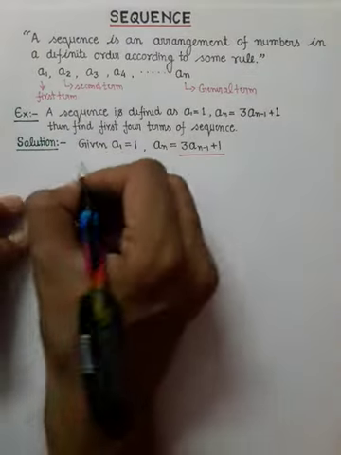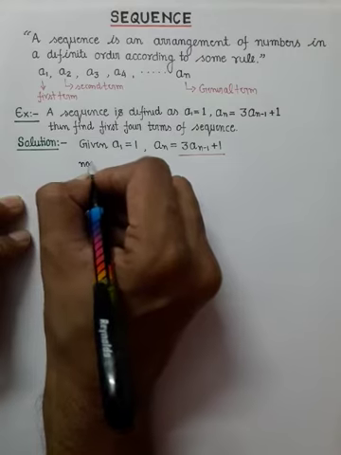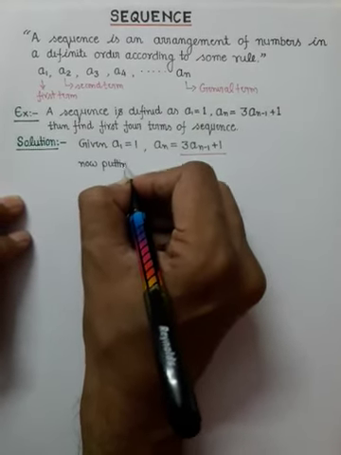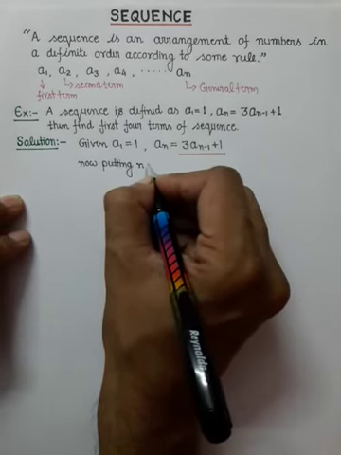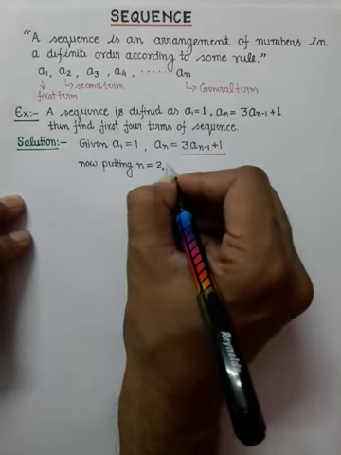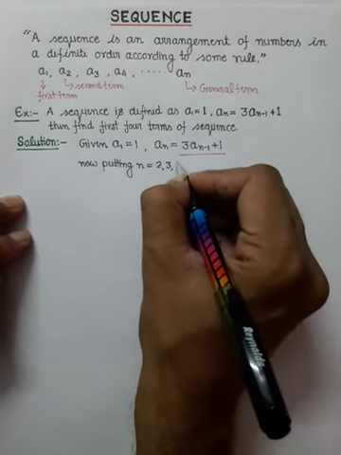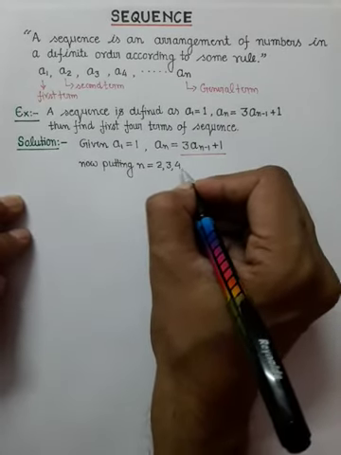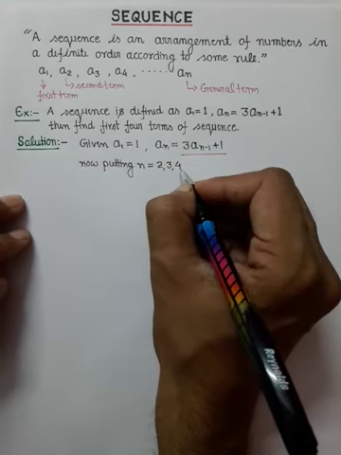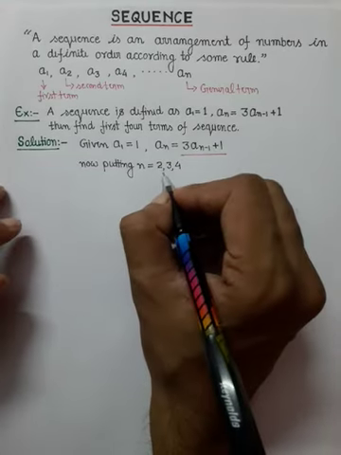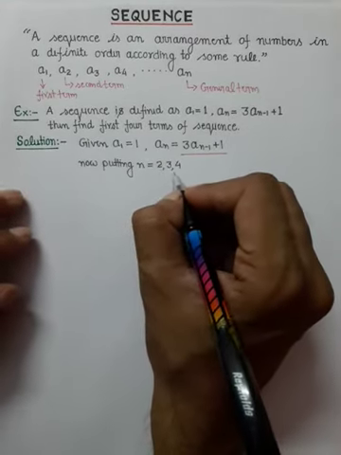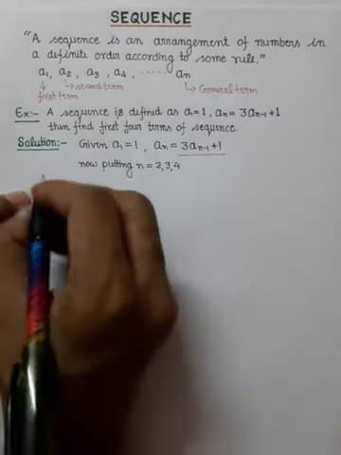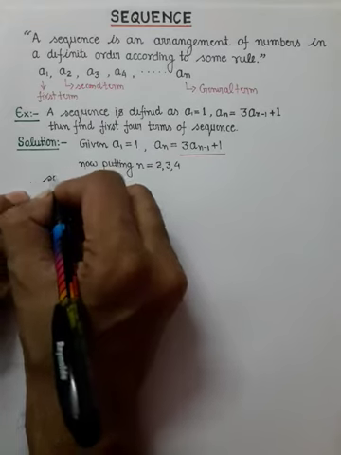So now putting n is equal to 2, 3, 4 and 5. So basically we have to just find the first four terms, and the first term is already given, so we will find only three terms. So we will put n is equal to 2, 3 and 4. So for n is equal to 2, जो हमें यहाँ पर जनरल टर्म गिवन है उसमें हम n is equal to 2 प्लेस करेंगे.